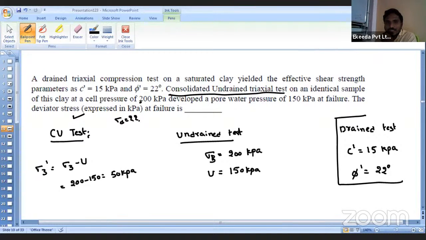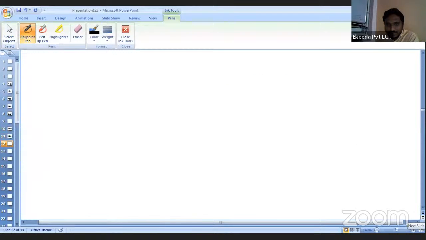So here you should assume that as they're asking for the deviator stress, we should note down that from these two values we can find out the effective minor principal stress, and then by using these two parameters we can correlate the relation in the form of effective parameters. Then we can obtain the solution, right? Thank you. Next,